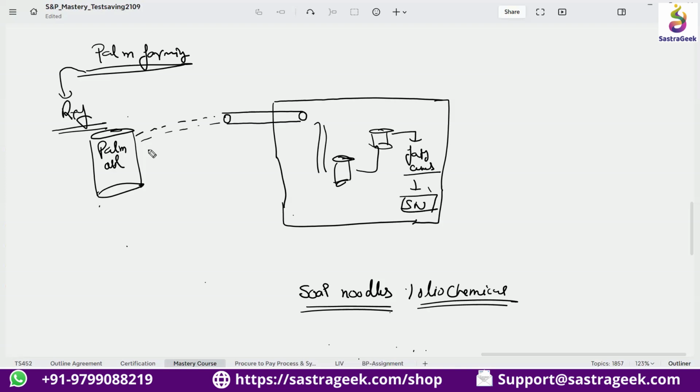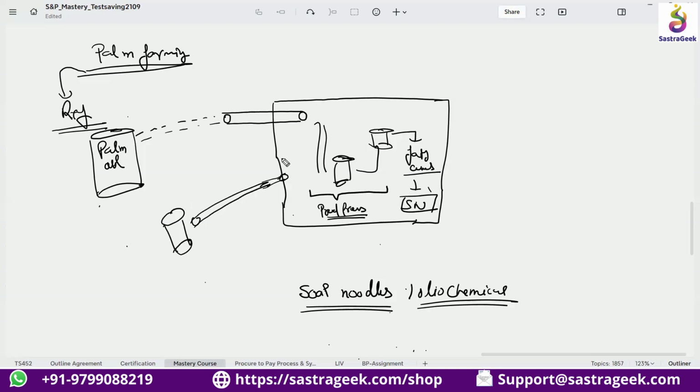So what is happening with this process is that palm oil from 2-3 different vendors can directly come through the pipeline, and then it can directly go into the full production process. Going through the production process, I would be able to produce the soap noodle. I'm getting a benefit that I need not store the palm oil, and I need not pay for it in advance. Otherwise it would be stored for me for a month or two, then I would use it. I can get rid of all that process.